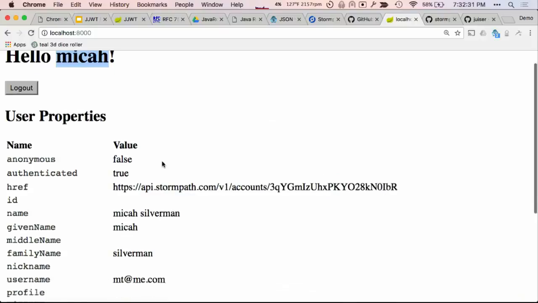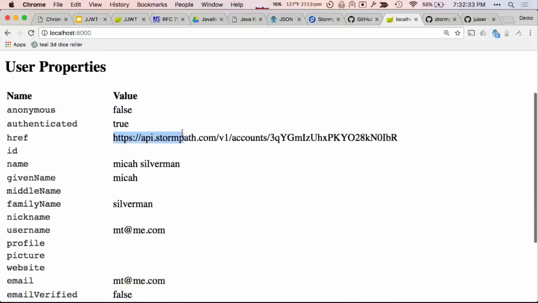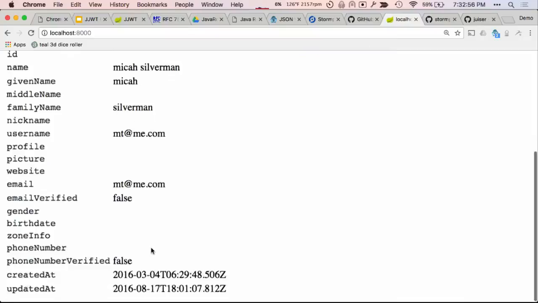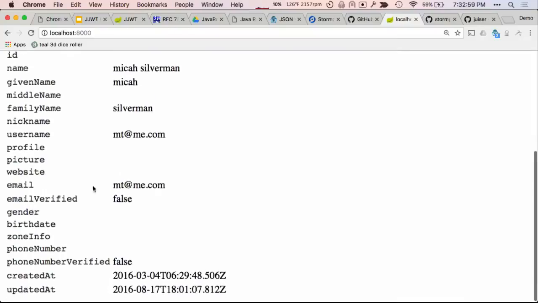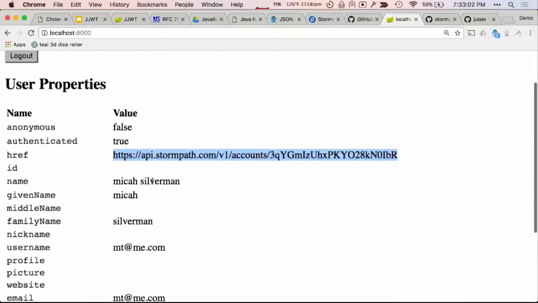Here's some of those details I was telling you. In Stormpath, objects of any kind, including user accounts, are identified by a unique href. So the href really is the representation of me. Sure, the email is unique, but Stormpath supports multi-tenancy, so you could have the same email in different tenants. Really, the href is always what uniquely identifies it. And then it's got some other stuff, all coming in from that user JOT that it's been able to parse.